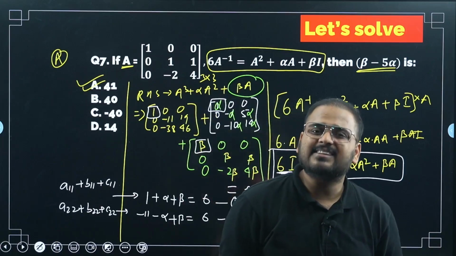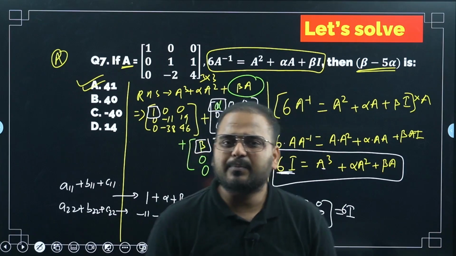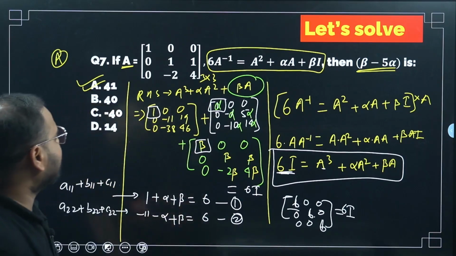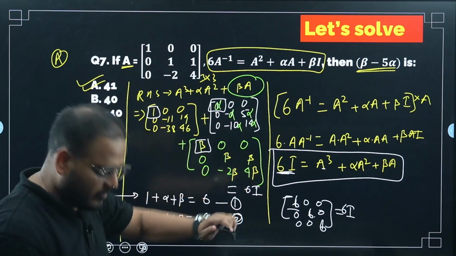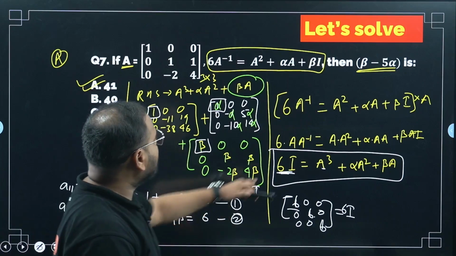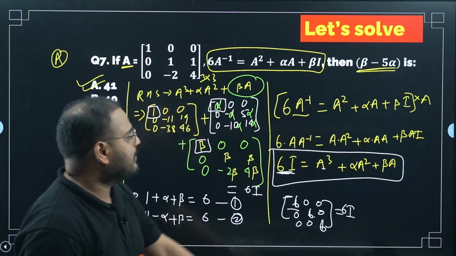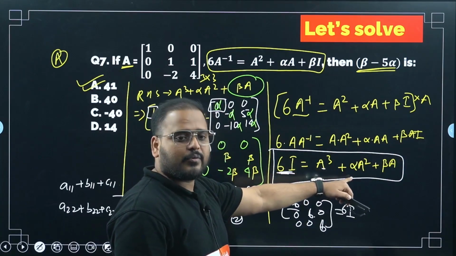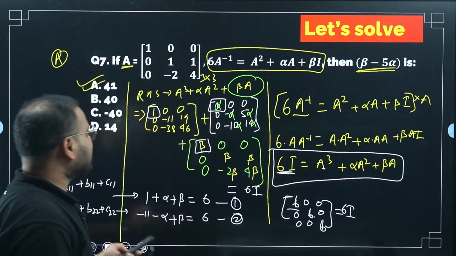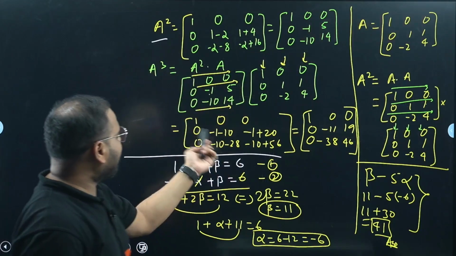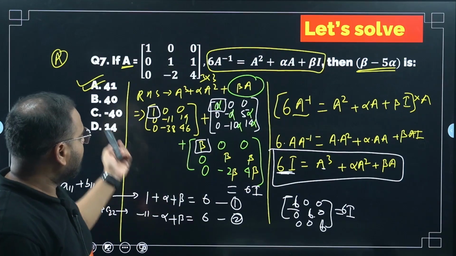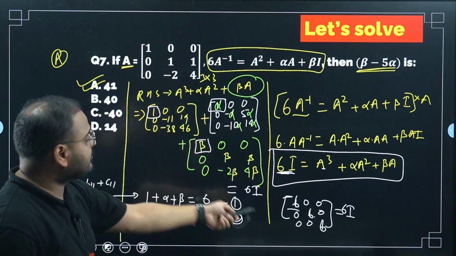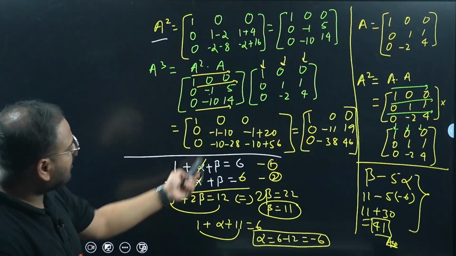Okay. I understand it is a little bit calculative. Some questions can be. Previous questions were not. So this was a calculative question, but we got it right. How did we do the first step? First we took care of A inverse by multiplying everything by A. We simplified it and got this result. To solve this equation, we needed to find A square and A cube. After multiplication, we compared in the equation. We added the matrices to compare with 6i. We got two equations.